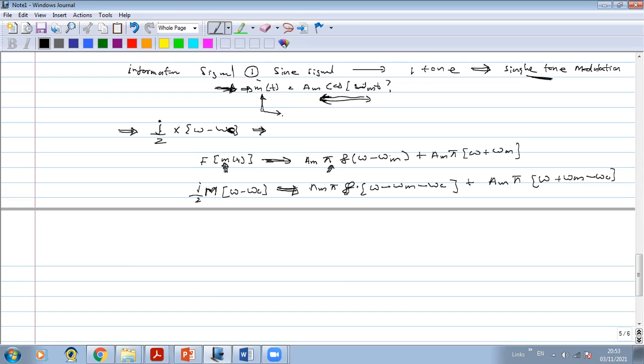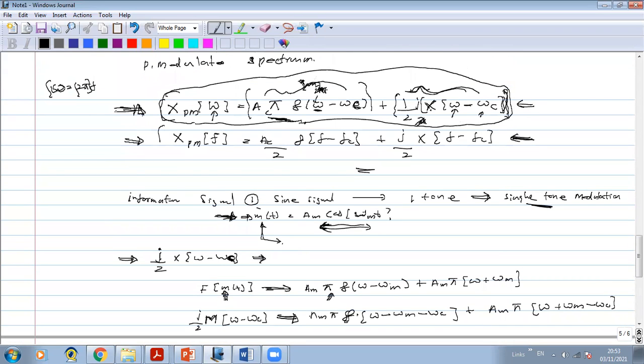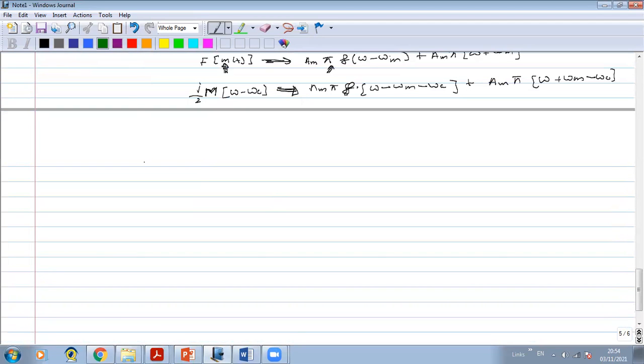Okay, so if I write the frequency domain signal, the frequency spectrum for the single-tone phase modulated signal, that is X_PM of omega, sorry, phase modulated signal. So I have